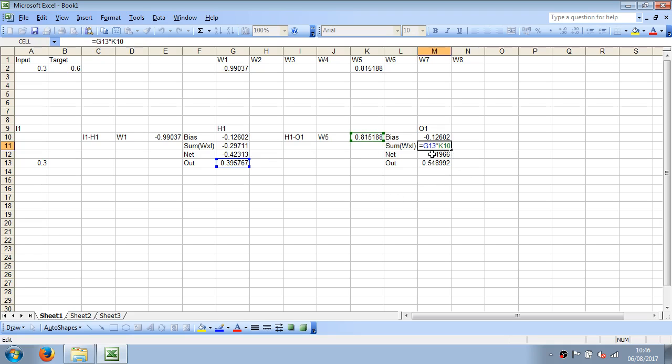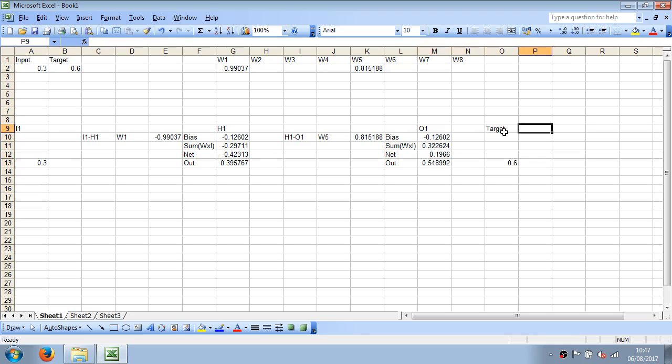We then add in the bias, so we've got the sum of the weights times the inputs, plus the biases. We then have a sigmoid function, and our target was this. Actually, despite choosing completely random numbers, we've not fallen too far short of the target, but obviously